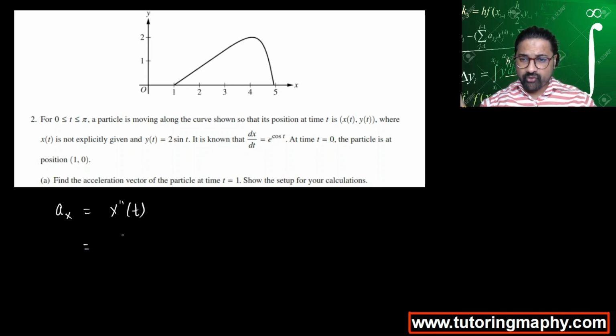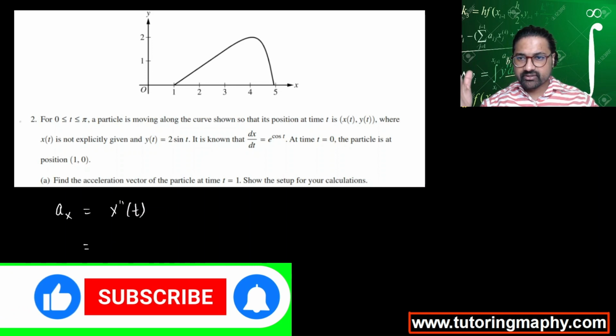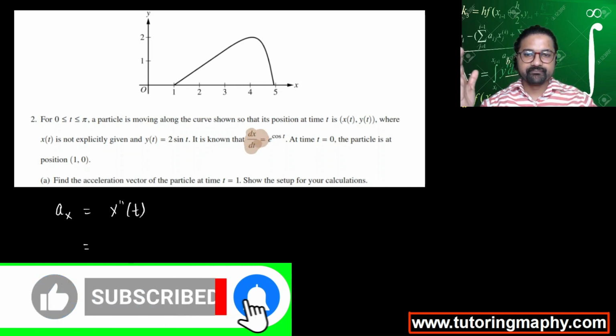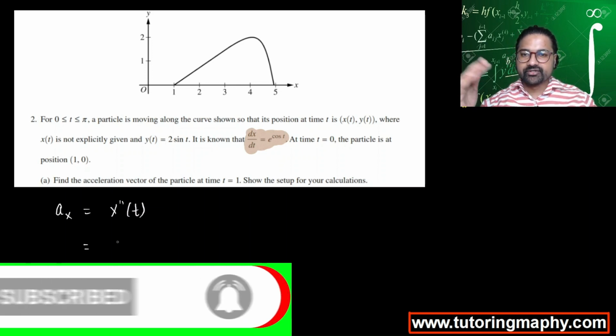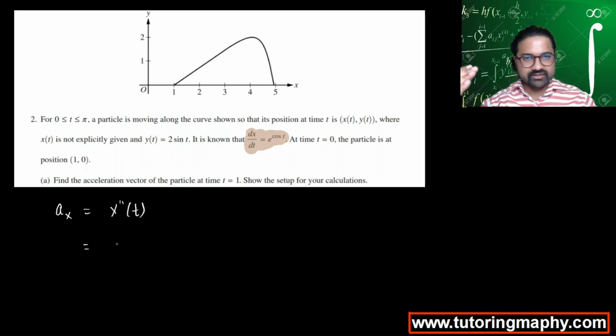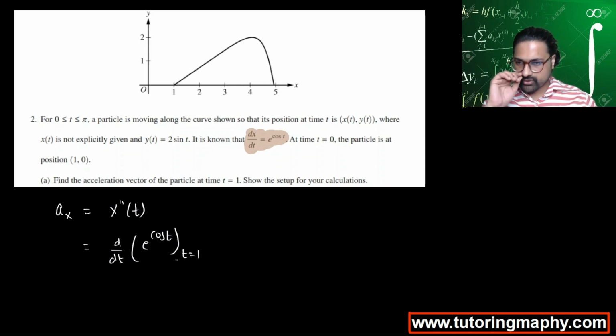So it's the double derivative. Fortunately, we are already given the first derivative of x, which is e raised to cos t. So our aim is to find the derivative of e raised to cos t once again. So we are looking for d over dt of e raised to cos t, and that too we need at t equal to 1, right? We won't make the effort of doing this manually because the calculator is allowed. So we get some value, which we'll find, and the value of a sub y will be given as the